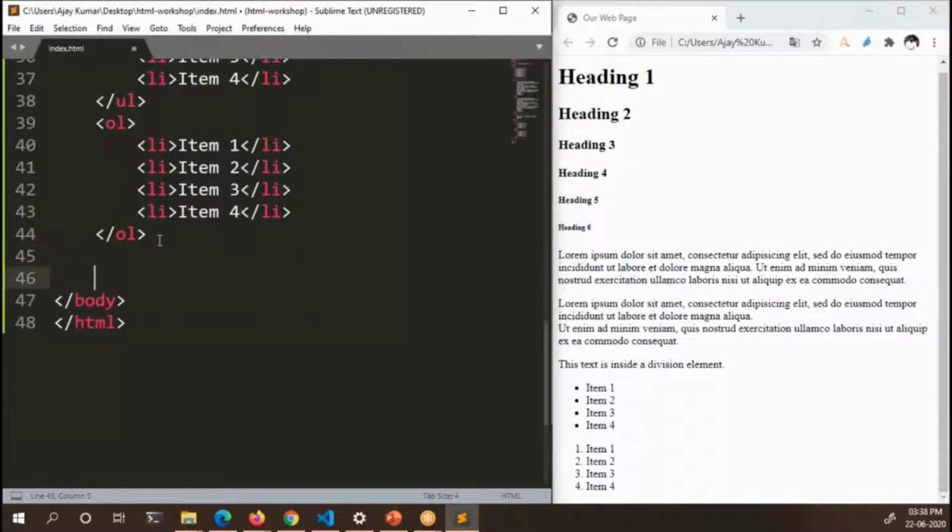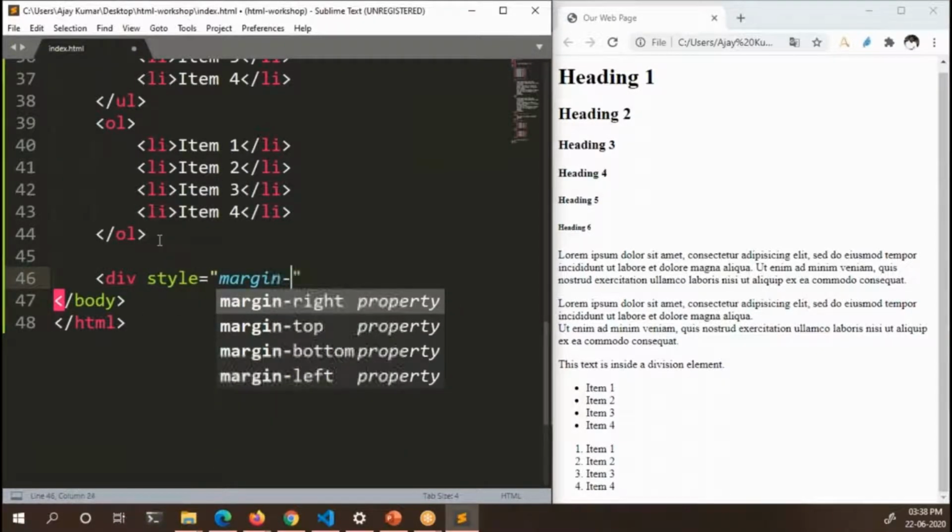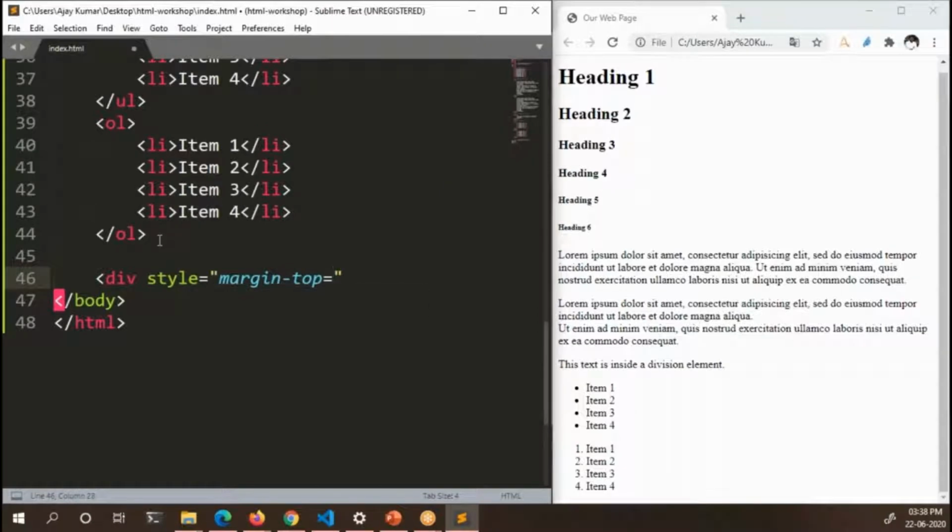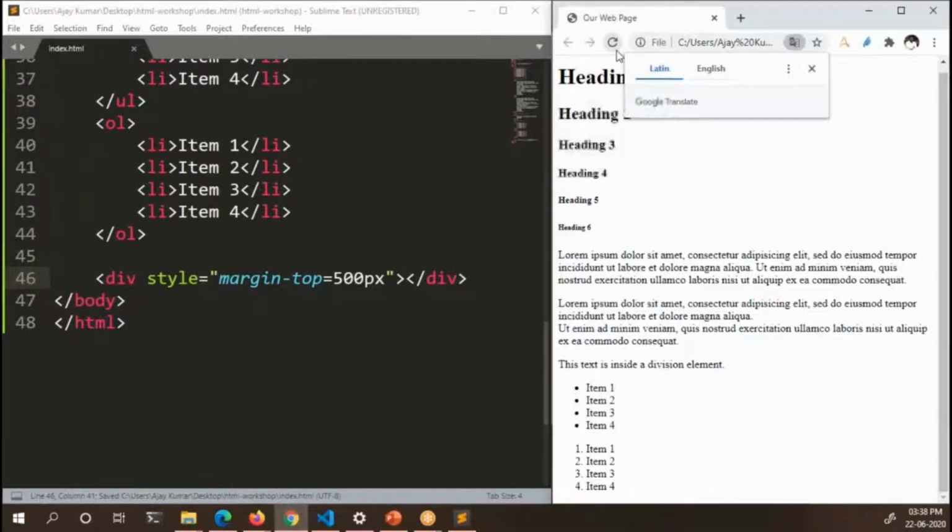What I will do is simply add a div. You don't have to do this. I'm just doing this so that you can always scroll to the bottom.